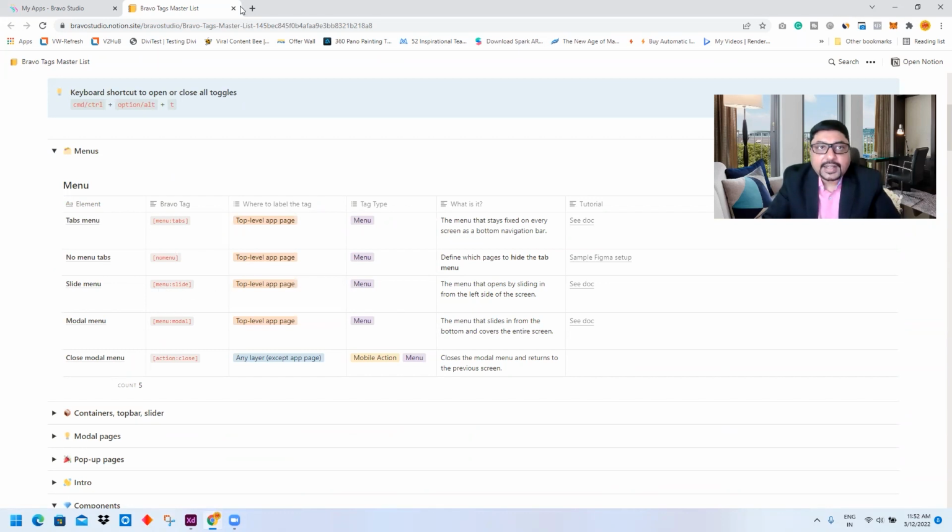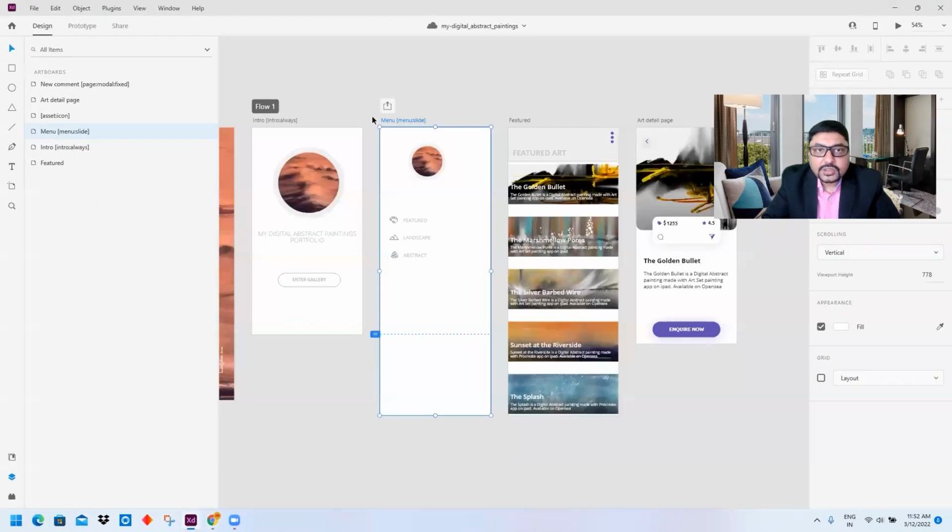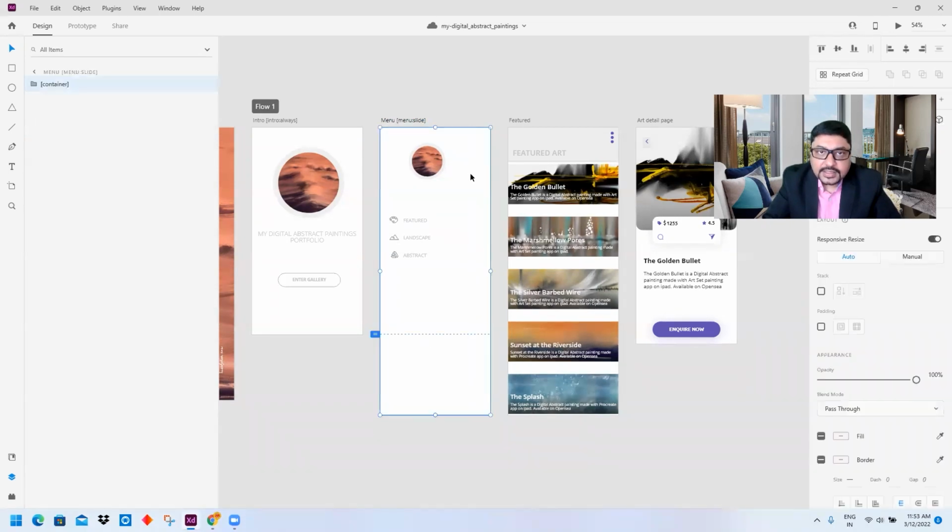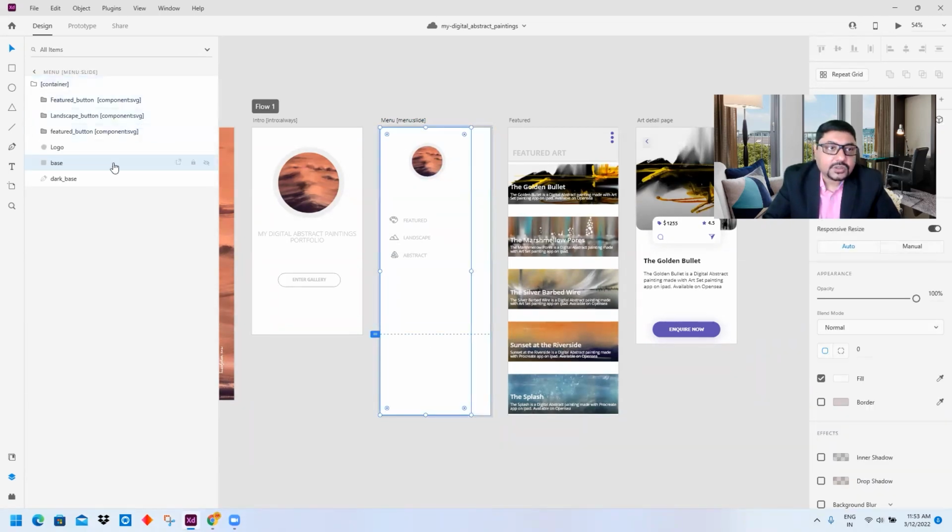So I have used the menu slide tag over here. I have named this artboard as menu, and I have also added the Bravo tag over here called menu slide. Okay, and let's see step by step again. So you have a base rectangle, which is this rectangle. This dark base you can remove for the time being.